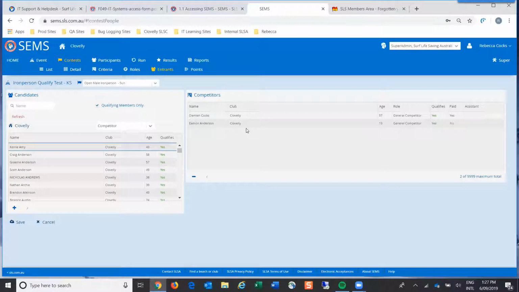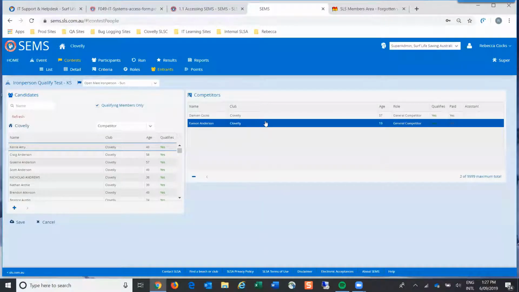Because there is also the ability to add an assistant, a handler, to an iron person event, you can highlight the name of the competitor. We know that Miles is the assistant or handler to this person, so we would change this to the assistant.